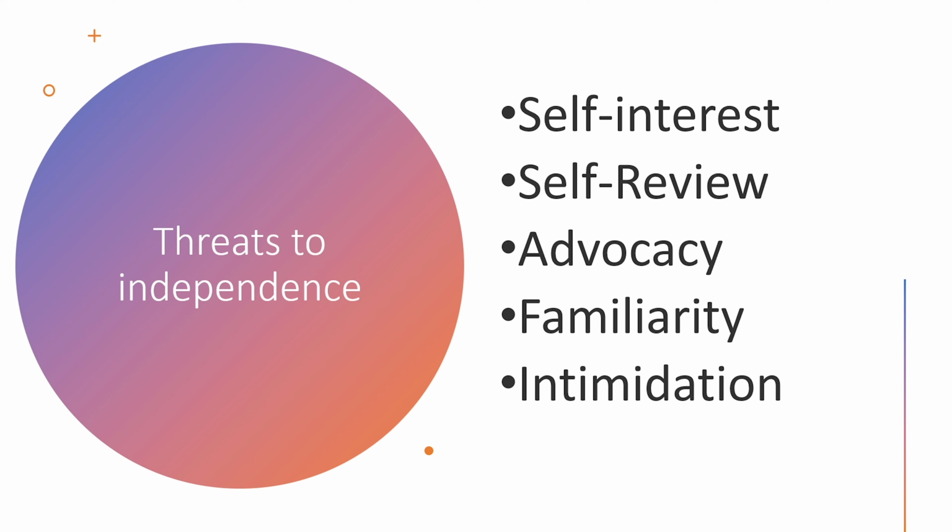A familial threat occurs when, by virtue of a close relationship with a client, its directors, officers, or employees, a firm or a person on the engagement team becomes too sympathetic to the client's interests. For example, a person on the engagement team having an immediate or close family member who is an officer or